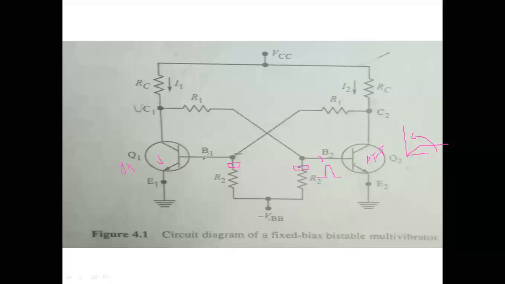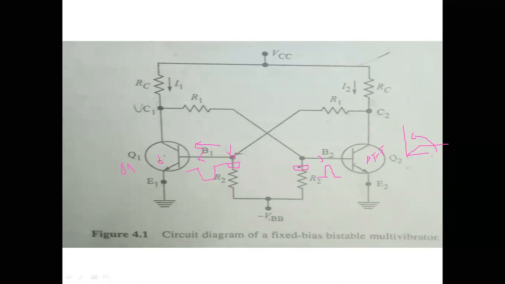Suppose I want to apply the pulse at the base of Q1. Since Q1 is in the on state, there is a current flowing through this base. That's why it is in the on state. Now we have to make this current zero. A positive current is flowing in this direction. In order to make this current zero, we have to apply a negative pulse here, because this transistor is in the on state. When you apply the negative pulse, the positive and negative will cancel and the current flowing here will be zero. Therefore when the current is zero in this branch, the transistor goes to the off state.